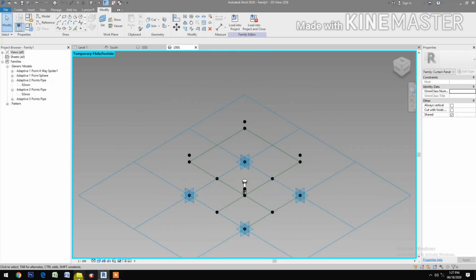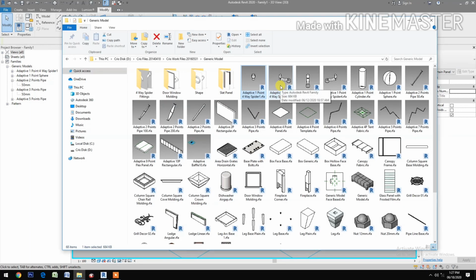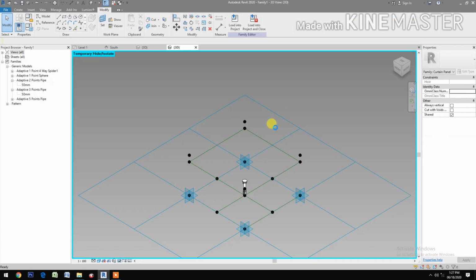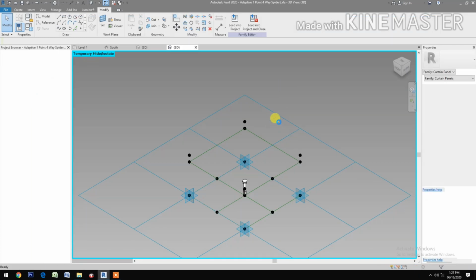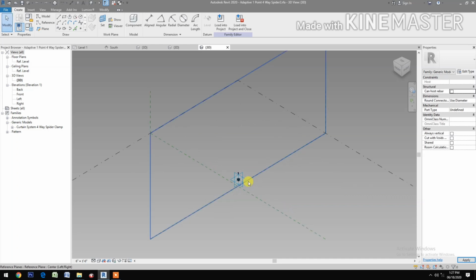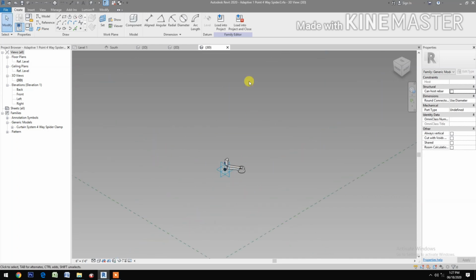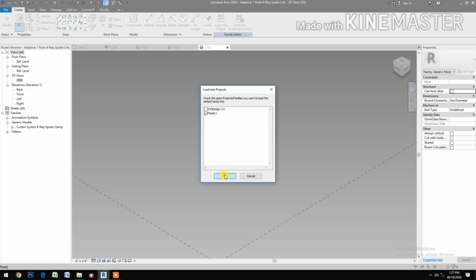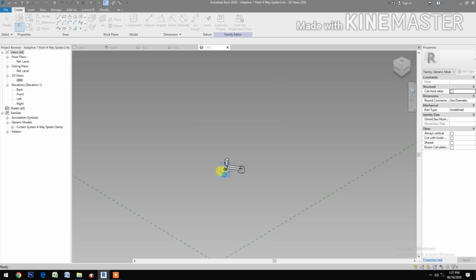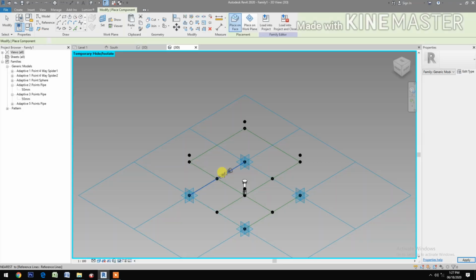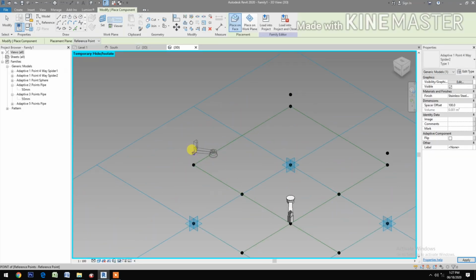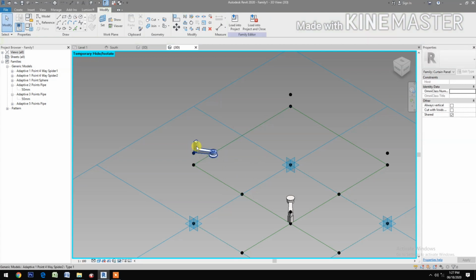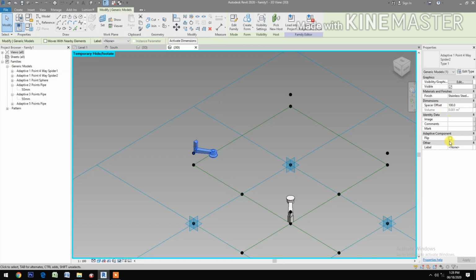Next, let's insert the spider 2. Okay, this is the spider 2. Load into the project. Pick at this reference point. Okay, select and flip the component. Okay,